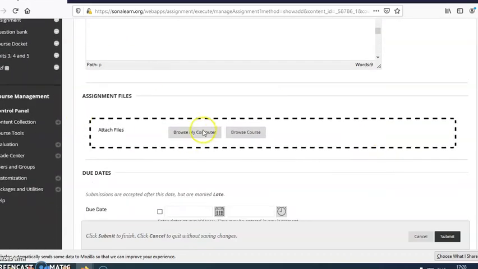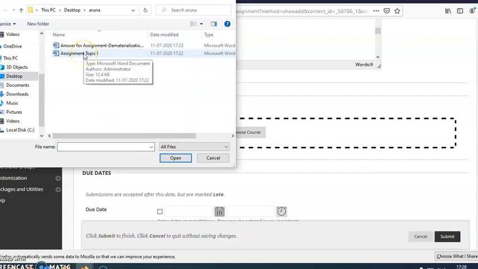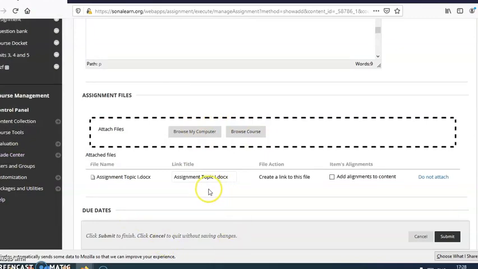Then I am going to attach the file. So I have the file. This is the assignment question I am uploading in the form of a Word document.